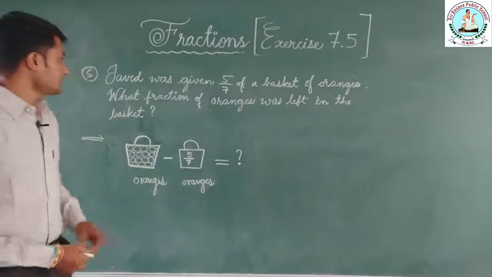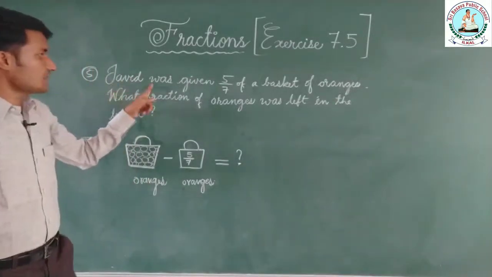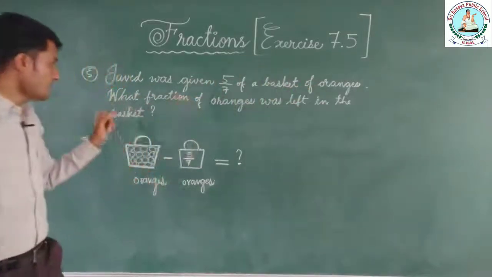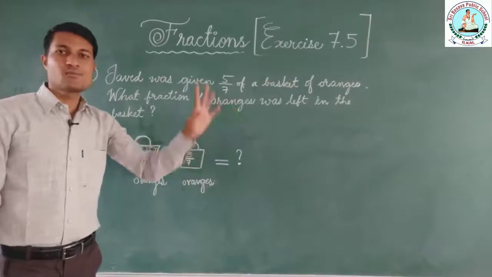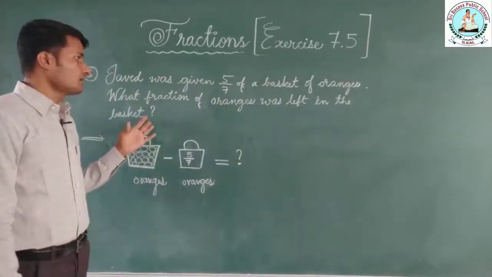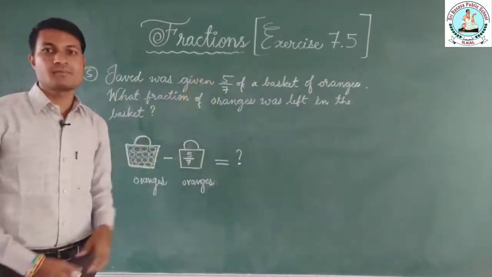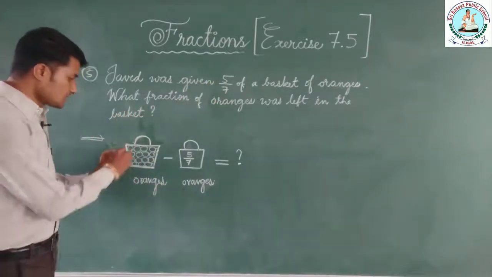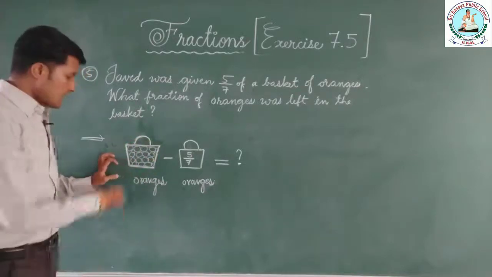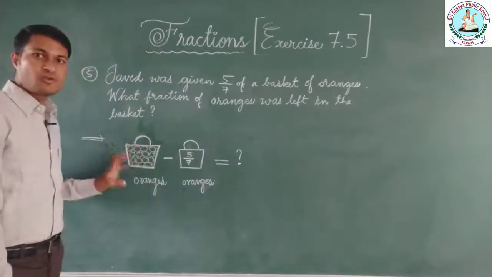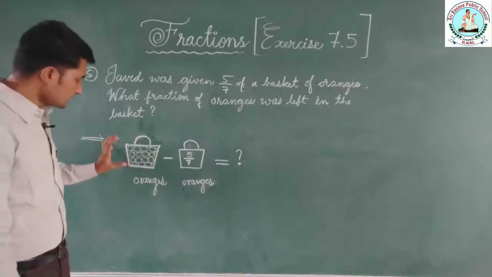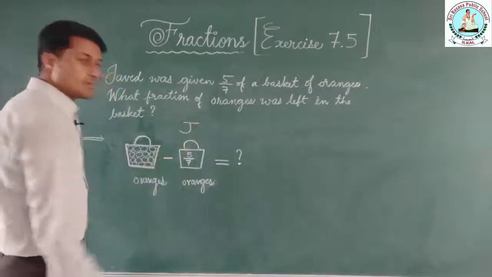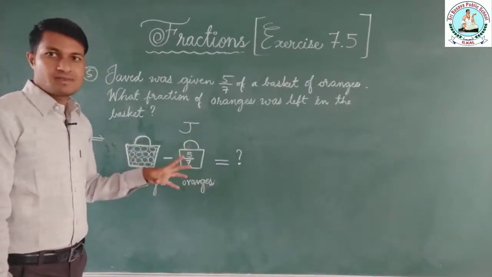Well students, let's solve the fifth one. Javed was given 5/7 of a basket which is full of oranges, and what fraction of oranges was left in the basket after taking 5/7 of a basket from a full basket. See here, this problem can be understood with this picture. So first of all, this is a basket and this is full of oranges. We don't know how many oranges are there. So this is the basket full of oranges, but Javed, the name of a boy, so Javed was given